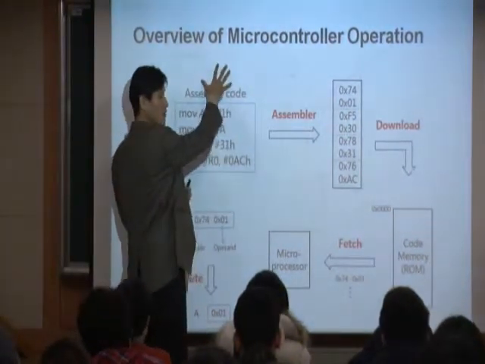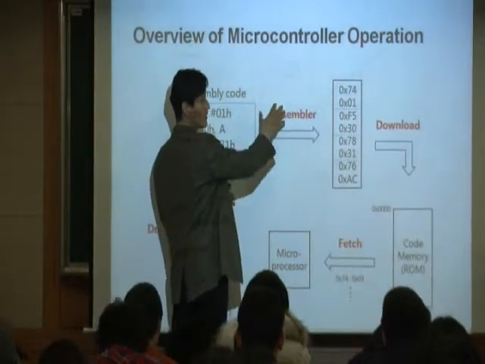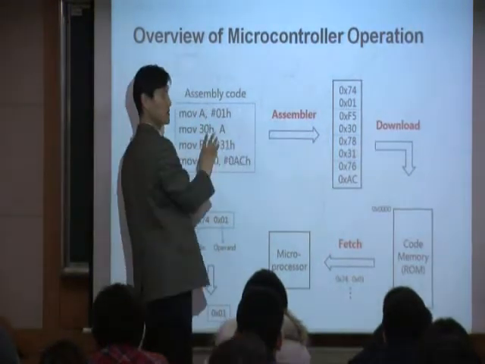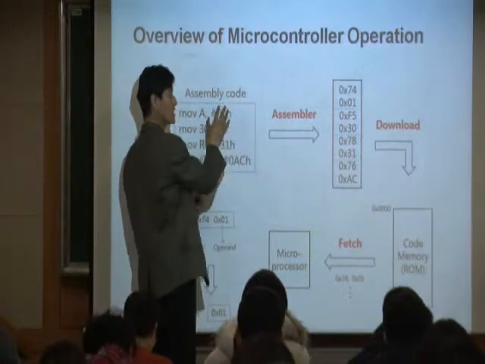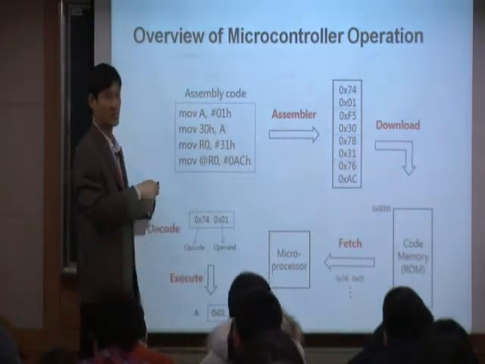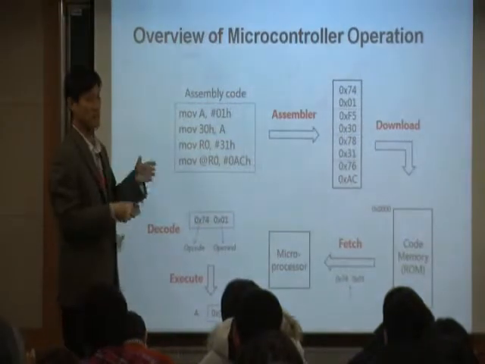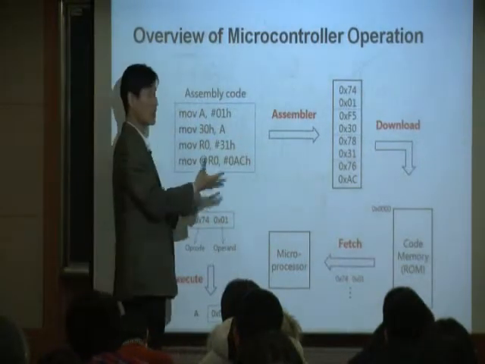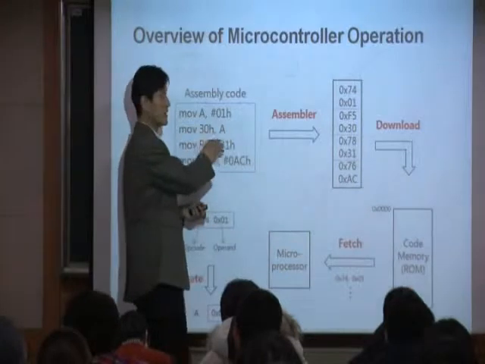For C code, you use a compiler. And for assembly code, you use an assembler. Okay? So for each language, it has its own compiler, right? This is the assembly compiler. The C language has a C compiler. So once you run the compiler with your program, it becomes a